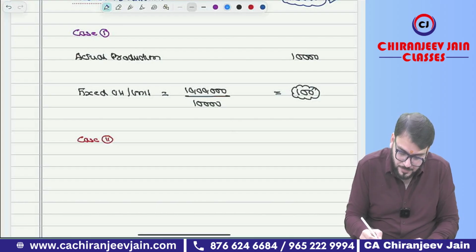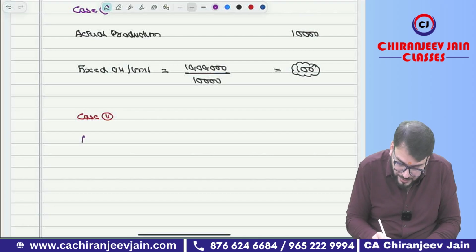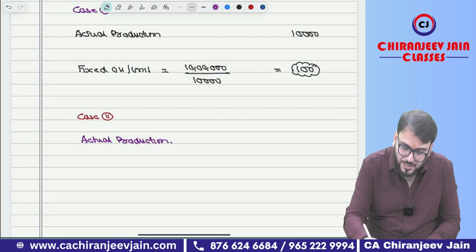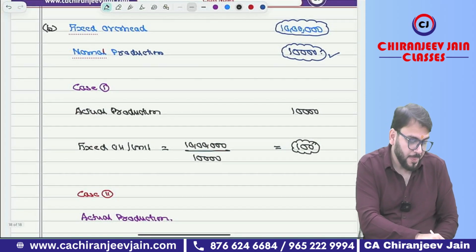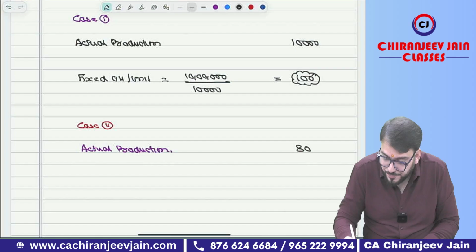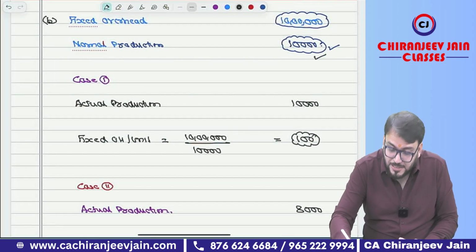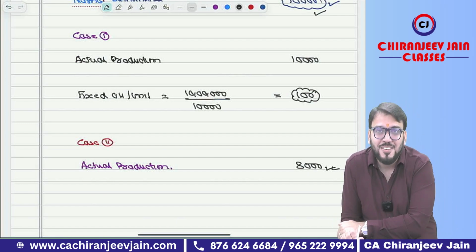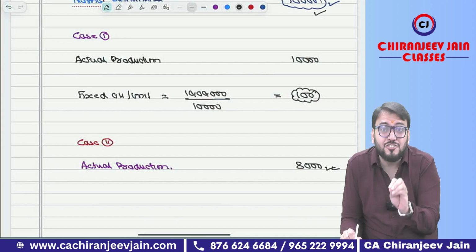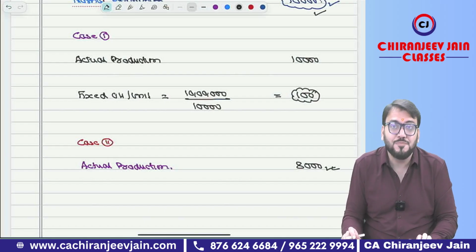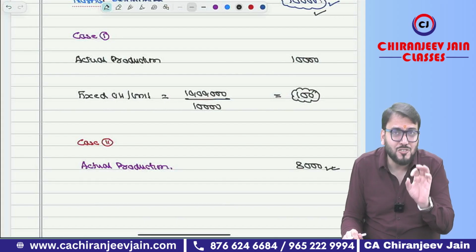Case number 2. Now your actual production, let's say, is equal to 8,000. Means you should produce 10,000, but you have actually produced 8,000. Means there is some inefficiency. You are not efficient in your production, and due to that reason you have produced 8,000. Can I say it is nothing but